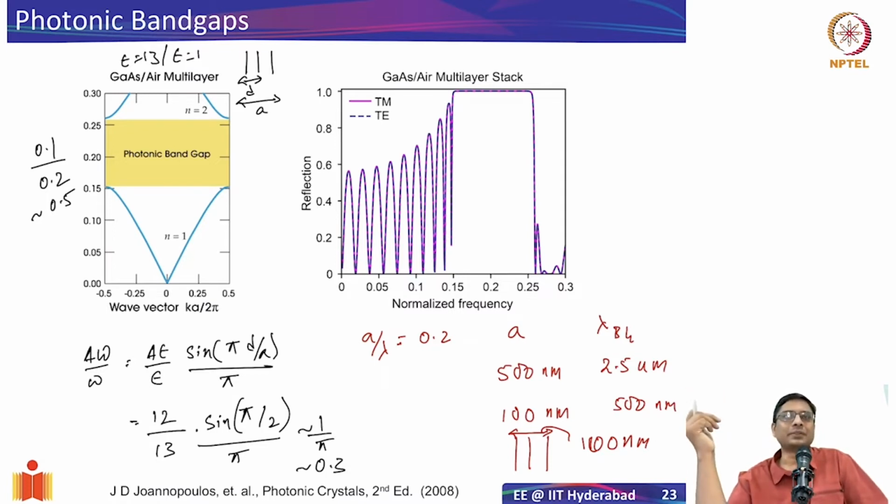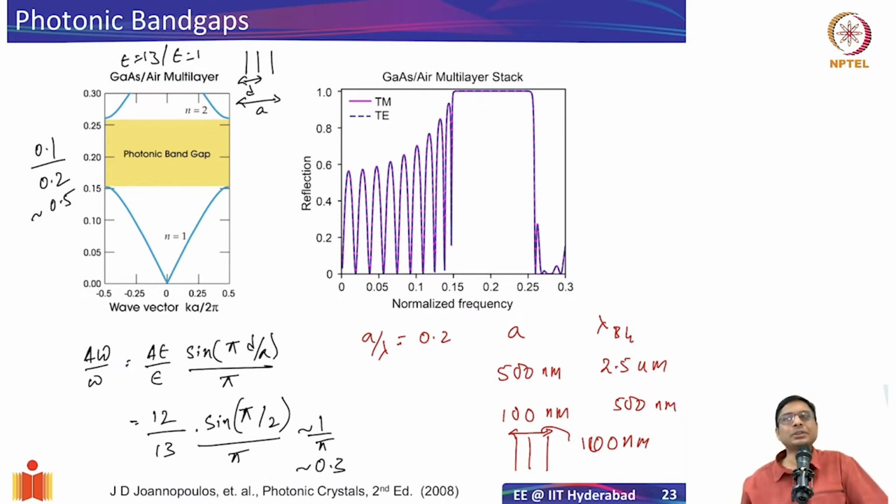So in effect, if you want to really create a photonic crystal, which is an analog of an electronic crystal, you'll have to make sure that the photonic and the electronic band gaps also coincide. I mean, the photonic band gap has to be within the electronic band gap, right? Otherwise, there are issues, especially for emission that can occur near the surface. Anyway, I hope this clarifies the question a little bit.